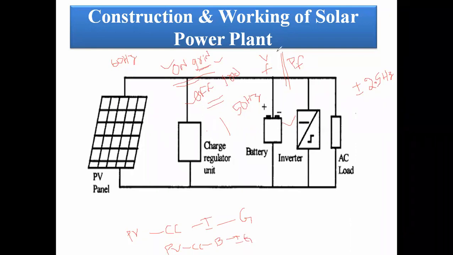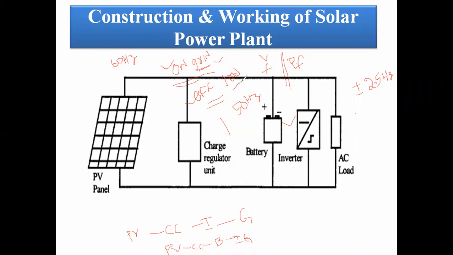Now, if you go for fossil fuels, that is thermal power plants and nuclear power plants, they pollute the environment. At the same time, fuel is required for power generation, and the maintenance cost is also more. The running cost is also more. But the main advantage in solar power generation or wind power generation is that the initial cost is high, but the running and maintenance cost is very, very less.